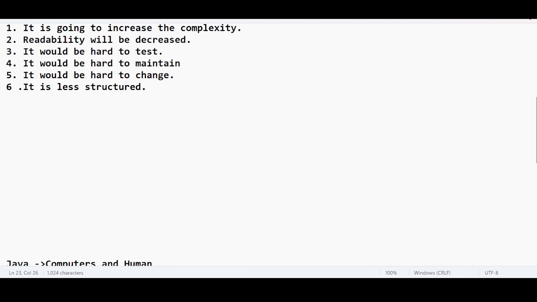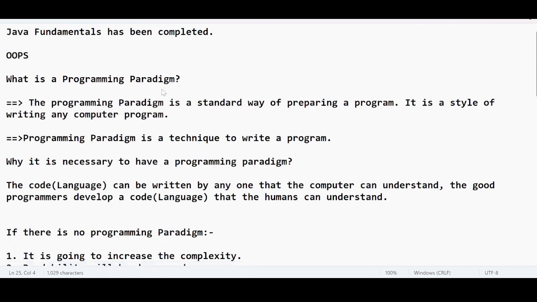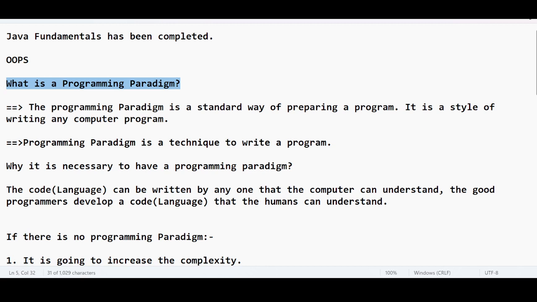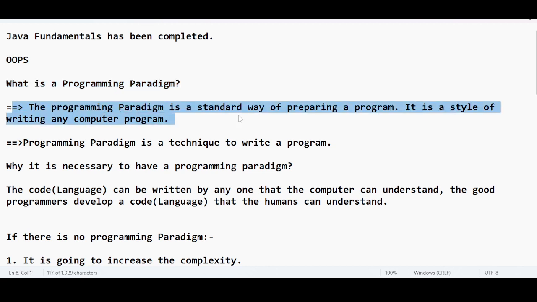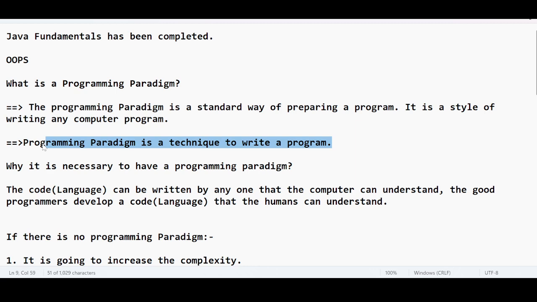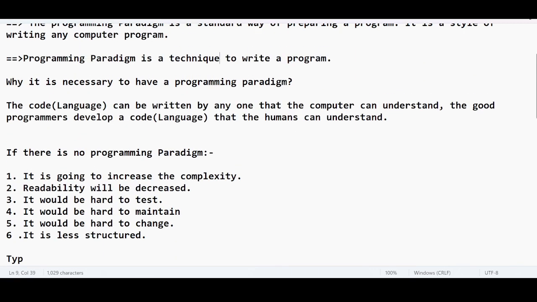Okay, now we will discuss. So we got to know what is a programming paradigm. Very simple English. It is a standard way of preparing a program. And the second thing is it's a technique. Why it is necessary to have a programming language? This is why it is necessary,